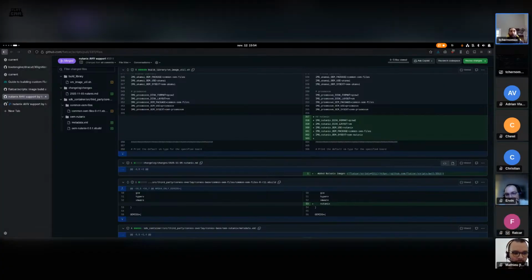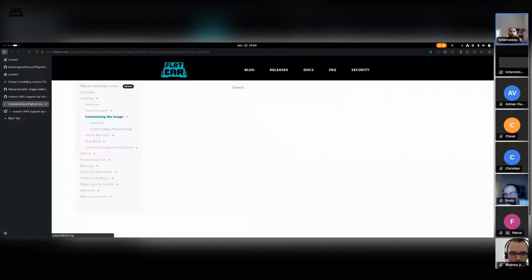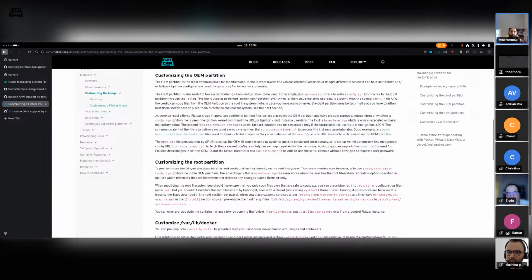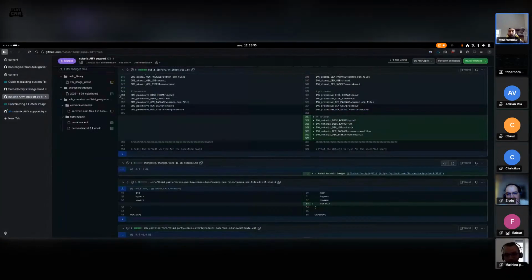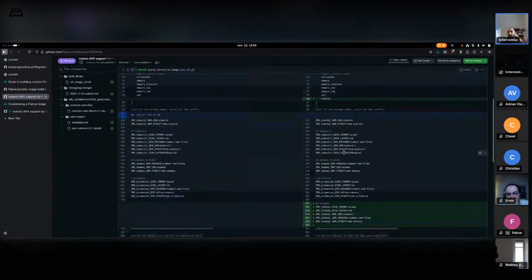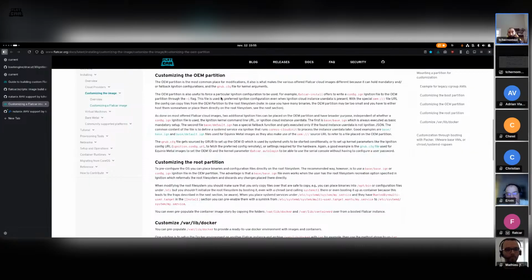And while I was struggling with the building sequence in this VM, I found another documentation, which was this one, customizing the OEM partition, where I figured out things I learned by building this patch. While I was building this patch, I looked at a lot of documentation and managed to understand a bit how it works. So while I was struggling to build the image on the remote VM, I found this documentation,